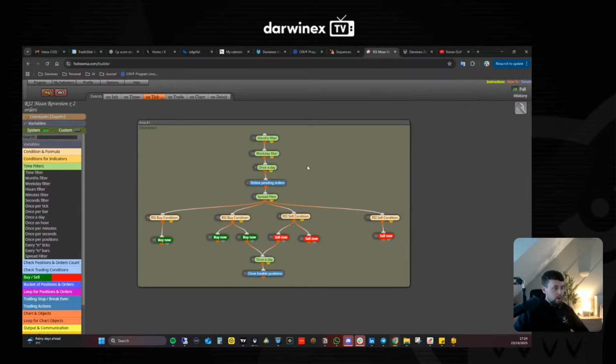So what I was trying to do, so I built out this so much, is I've got a month's filter on there, but I haven't got it activated. Same with the weekly filter. Obviously rejects Saturday and Sunday, but that's no bother. So once a day at a specific time of hour, it will delete any pending orders that we have. It will then check the current spread. If the spread is okay underneath the limit that I've said, it will look for the RSI. It will then calculate, is the RSI above or below some metrics or a specific value.